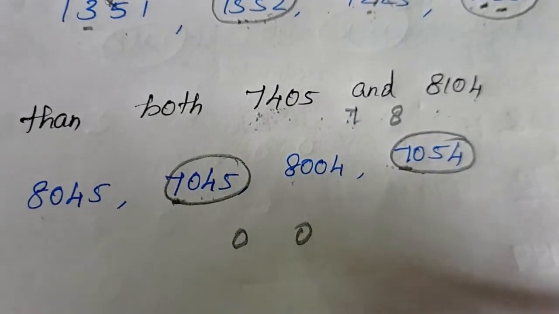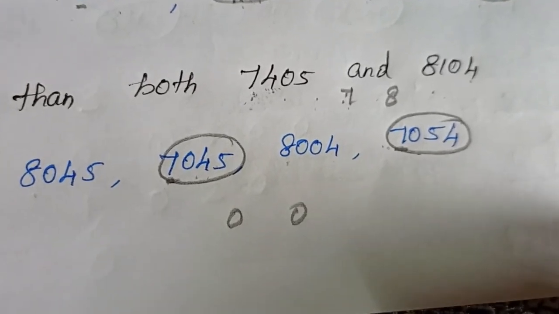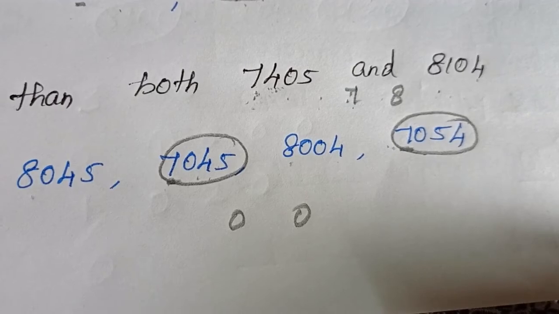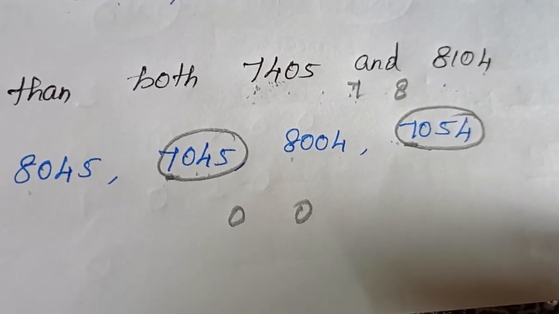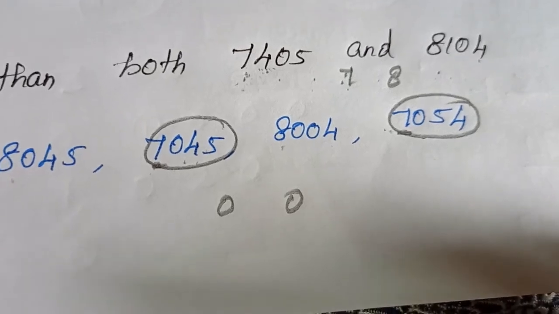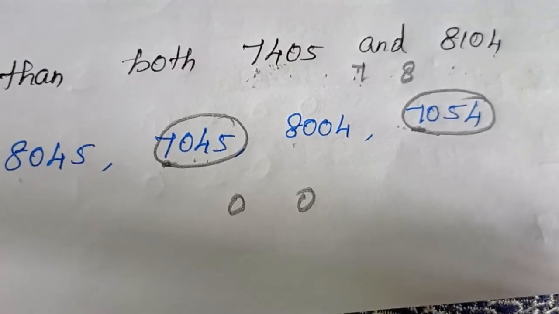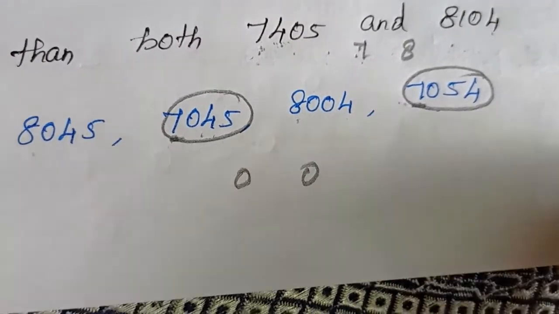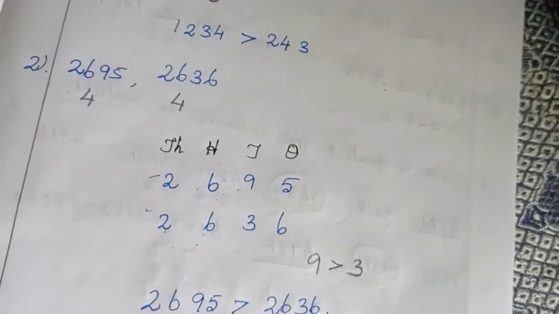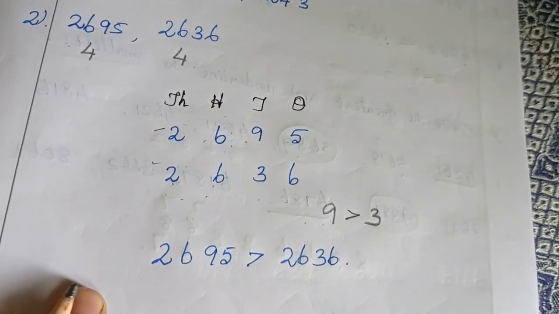Okay children, in today's class we learned the comparison of numbers. Okay, what is comparison? Yeah, we can compare two numbers to find which one is greater, which one is smaller and which one is equal. Okay ma? So we use the signs greater than, less than and equal to. Okay children, and also we did some examples related to comparing numbers. Okay, so what is the first rule?